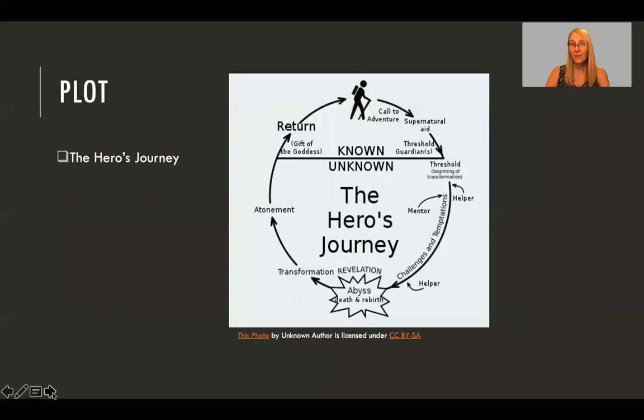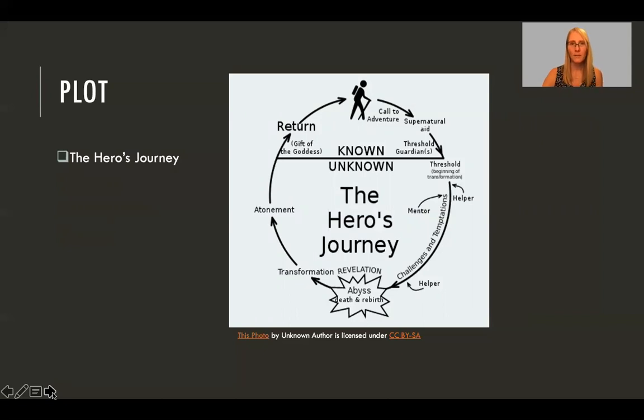In the Sky Pack, you'll learn a lot more about the hero's journey and also Freytag's pyramid, but I wanted to give you a heads up so you know what was coming. The hero's journey is a way to think about plot. This is one strategy that writers will use often in novels to categorize or think about the